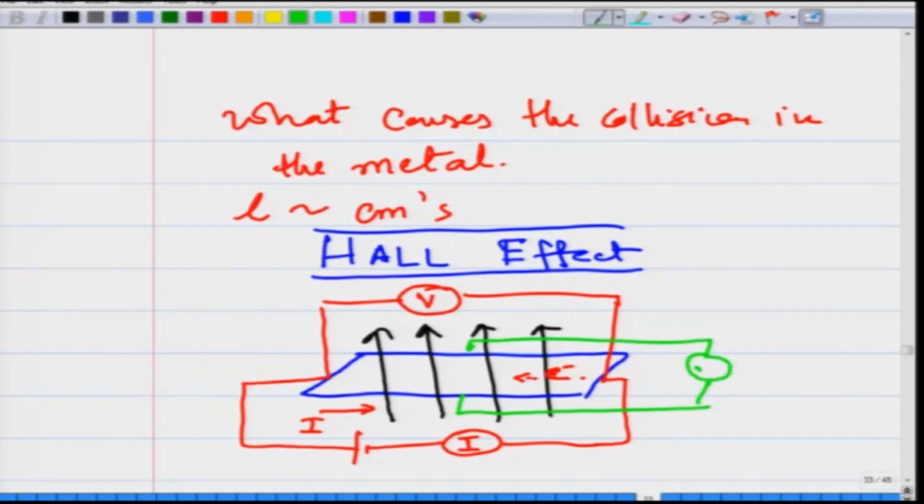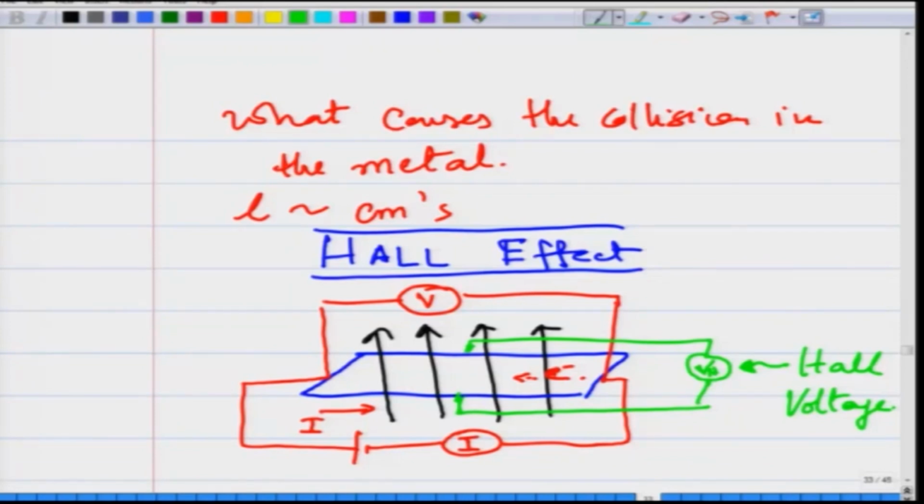This voltage, which I write as VH, appears across the sample and perpendicular to the direction of the flow. The direction of the flow of current is in this direction, and you are finding a voltage generated perpendicular to it. This is called the Hall voltage,